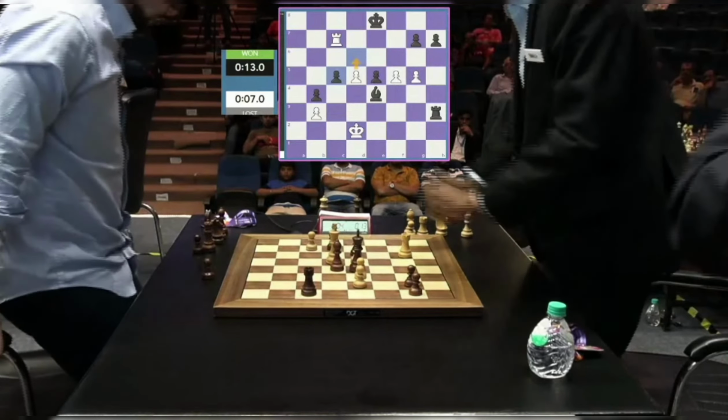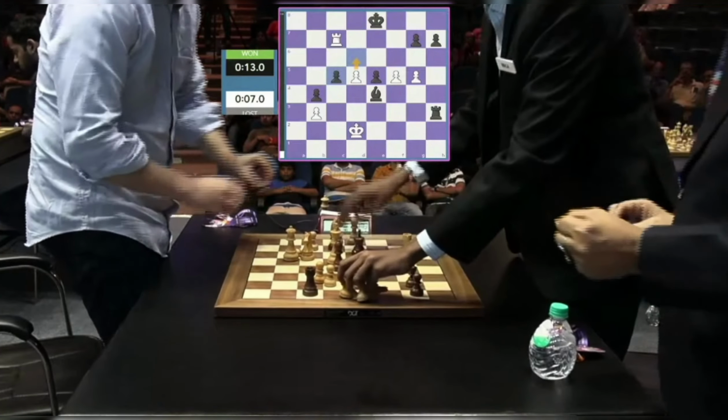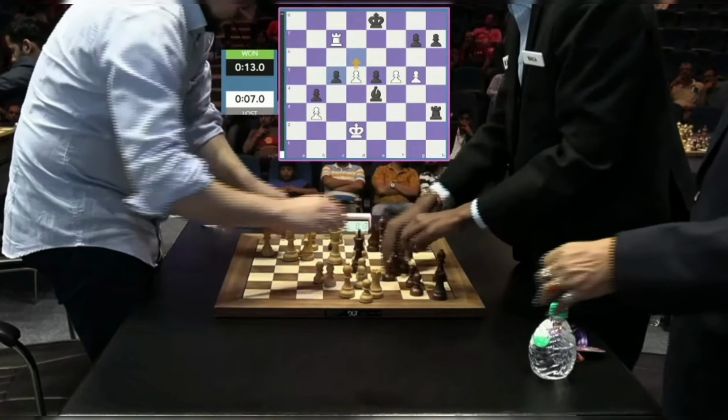Praggnanandhaa is at 2 out of 2. Praggnanandhaa on fire, but let's quickly move over to the Arjun Erigaisi versus Nordibek board as